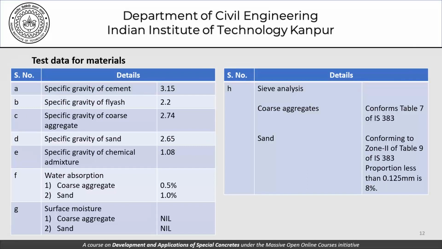It conforms to table 7 of IS 383, and sand conforms to zone 2 of table 9 of IS 383, and also the information about the material finer than 0.125 mm is known to you for sand, and that is given to be 8%. So what I said in one of the slides just now was that as far as the fines are concerned in self-compacting concrete, they come not only from cement and related things, which is the mineral admixtures, any kind of other powder that you may use, but also from the part of sand, depending on how much is the fines present in the sand.